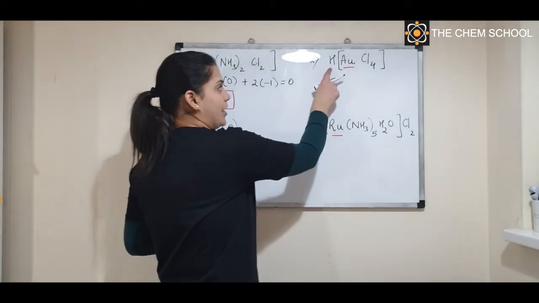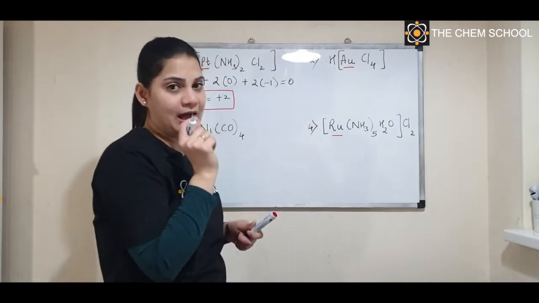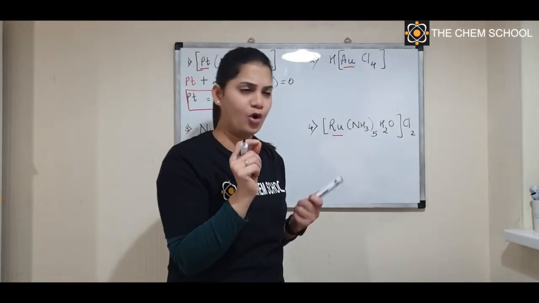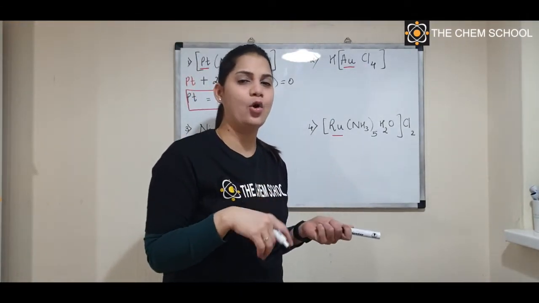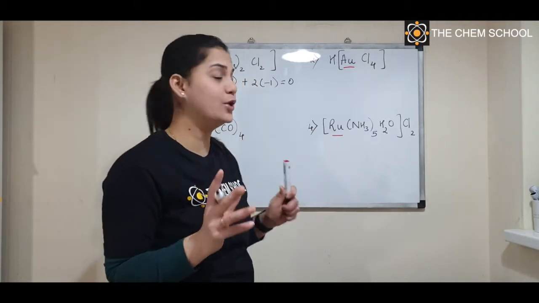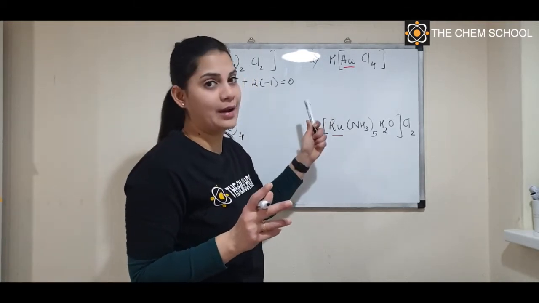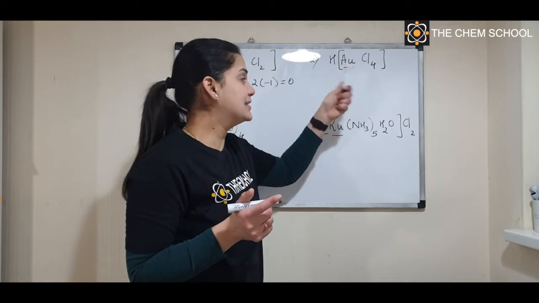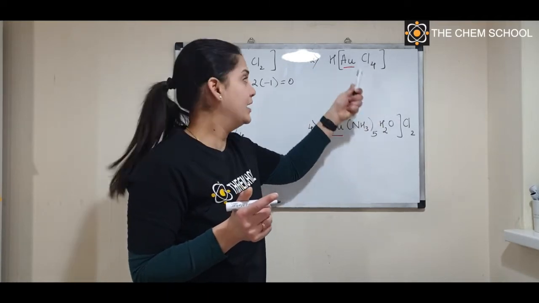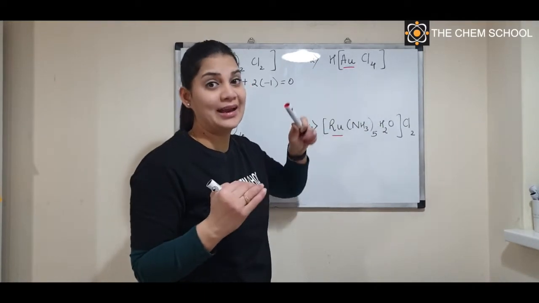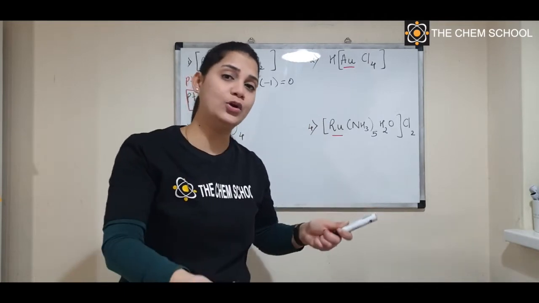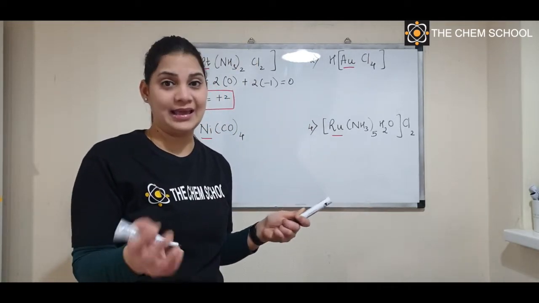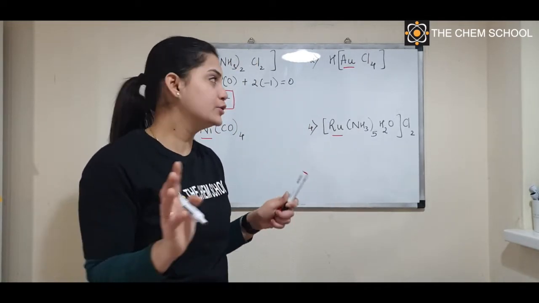In this case you have H. Whenever you have this proton and you have a confusion whether it is a hydride or a proton, I will tell you one thing: before the square bracket it is a cation. Inside the square bracket, if it is attached to the metal, then hydrogen has to be a donor. To be a donor it has to be anionic, H-. So just take care of that.